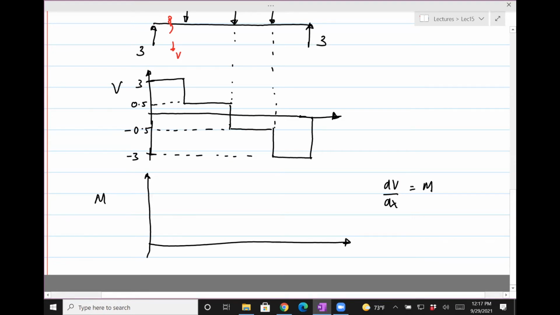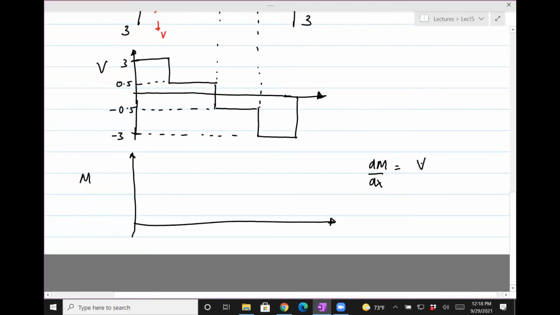It's opposite. Yeah, it should be, this doesn't have the units of M, so it has to be the opposite. Okay, now the units make sense. Moment has units of force times distance, so the distance divided by distance gives you the force. Thanks. Okay, so from this formula, I can see that